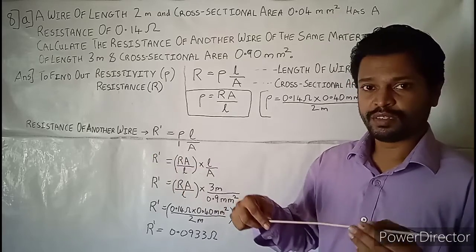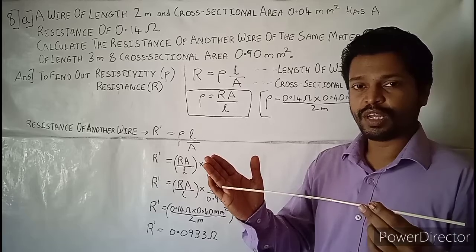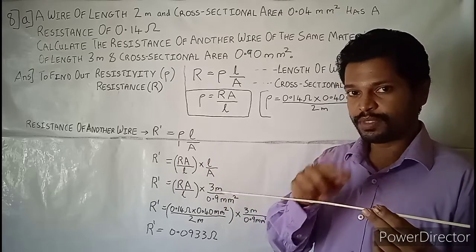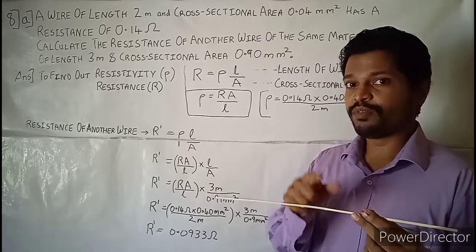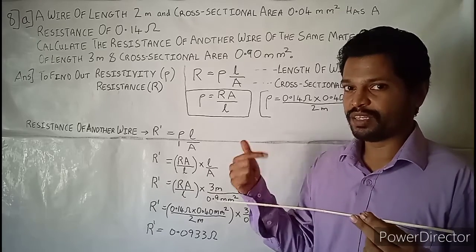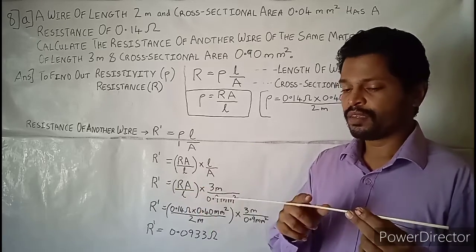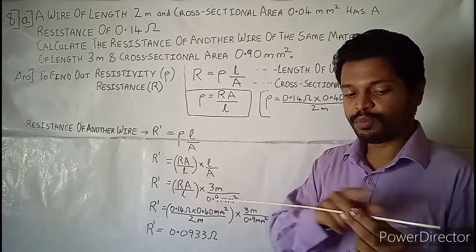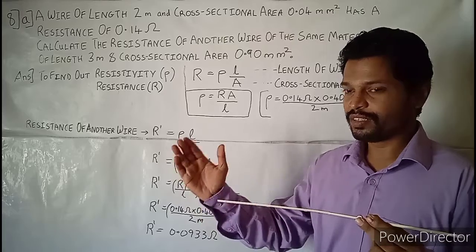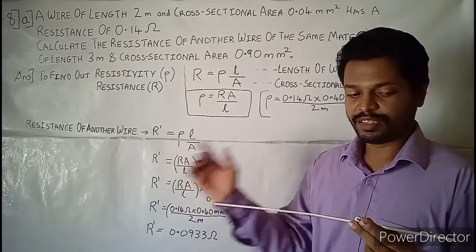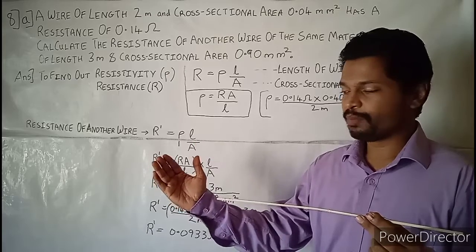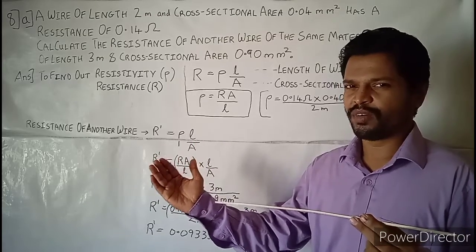length 3 meter. So this is 2 meter, right? So I'll be taking another wire of the same material. I'm specifying again and again, same material. Why? We will be seeing later on. Of the same material, and this time the wire's length would be more than this 2 meter. This would be 3 meter. Let us suppose we have taken this same wire of 3 meter. 3 meter would come somewhere approximately over here.